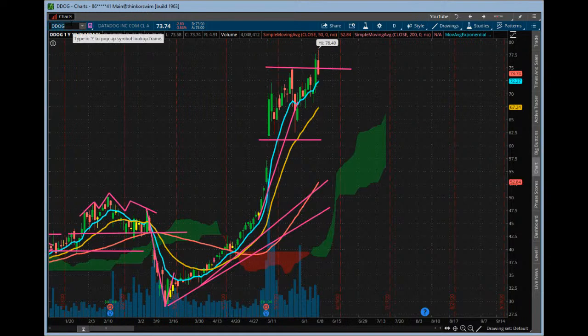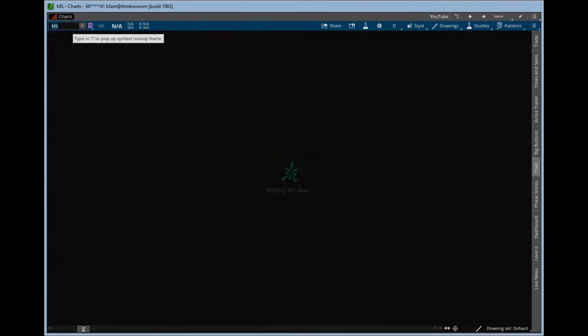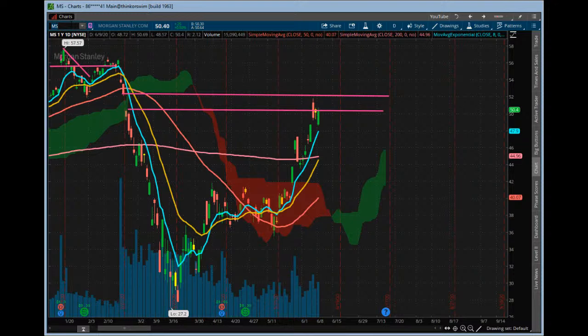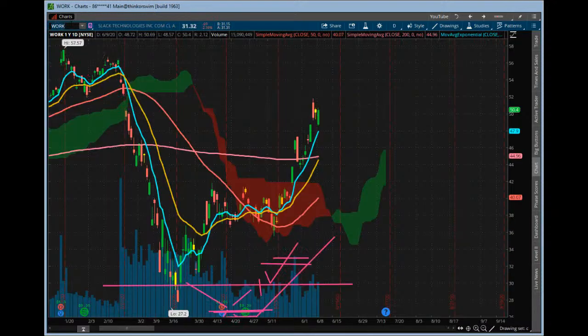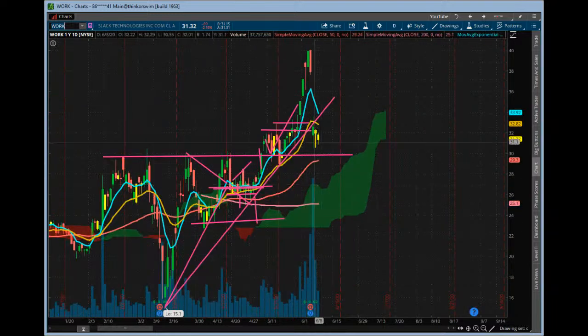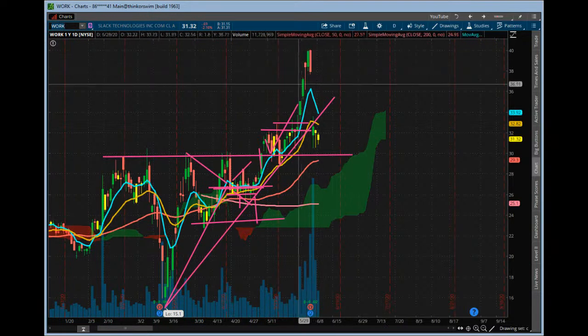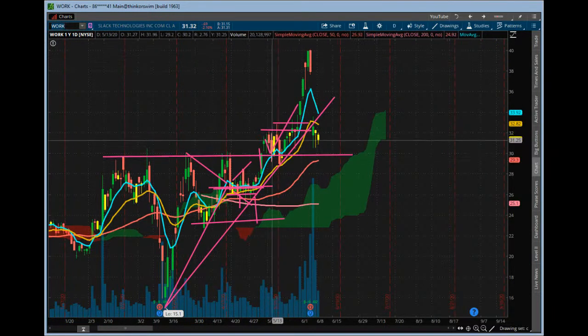And then MS. Pretty decent this one today. I remember this had a decent little move at the close. But again, the finance sector has been a little bit rough, but this did reclaim a good portion of that inside day range. So that's a good one on that one. And then Work still kind of hanging in there after earnings. Double inside day so far, but it's back into this prior chop zone. So it's kind of like, everything's great, and then now just go back into this blah area right here. So just be careful with Work on that one.